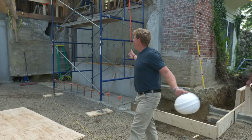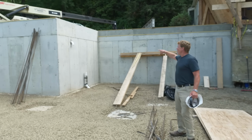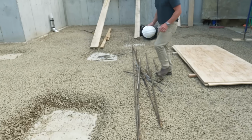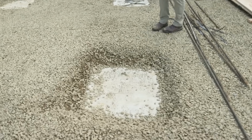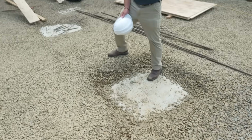Now here's the progress we've made out back. There is a big new addition going on. So the concrete walls have all been poured. You can see the work down here underneath is done. We've got the crushed stone compacted. And then we've got these footings right here because we're going to have a couple of posts, and they're going